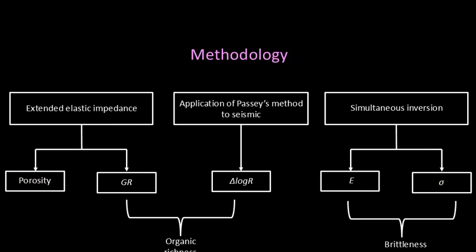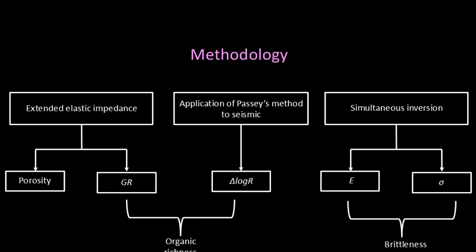So the workflow that we followed was like this. We want to determine porosity, we want to determine gamma ray, but gamma ray from seismic is not an easy job. If you do any type of cross-plotting between gamma ray and say P impedance or S impedance, you'll find that there's a huge scatter. There is no straightforward relationship. Porosity and acoustic impedance works at times, but gamma ray doesn't work like that.